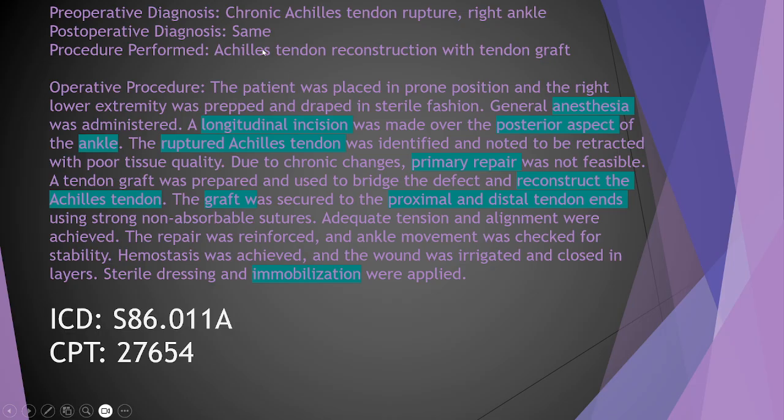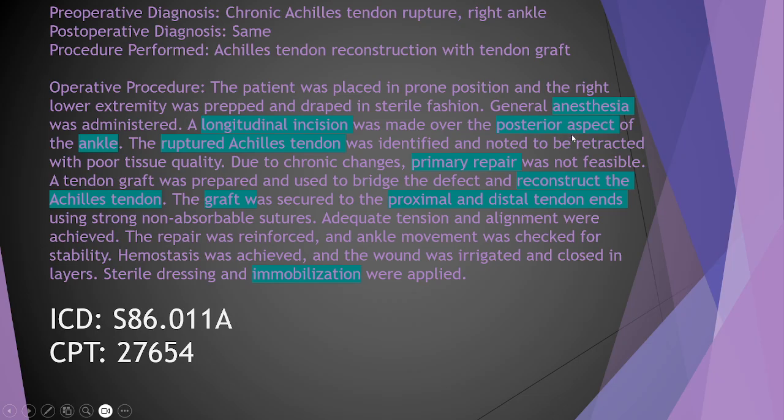So pre-operative diagnosis is a chronic Achilles tendon rupture on the right ankle, and the post-operative procedure performed was Achilles tendon reconstruction with the tendon graft. So the OP report is what it's saying in the description. The patient was placed in the prone position. So first, what is the location? Right lower extremity. The right lower extremity was prepped and draped in the sterile fashion, and anesthesia was provided, and